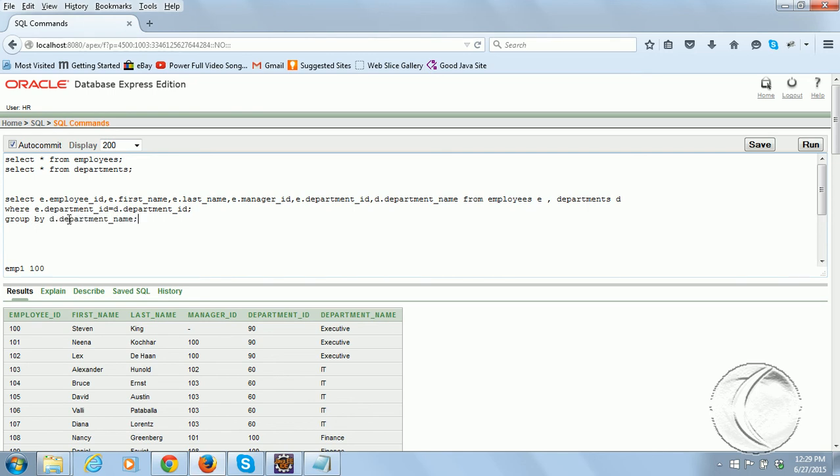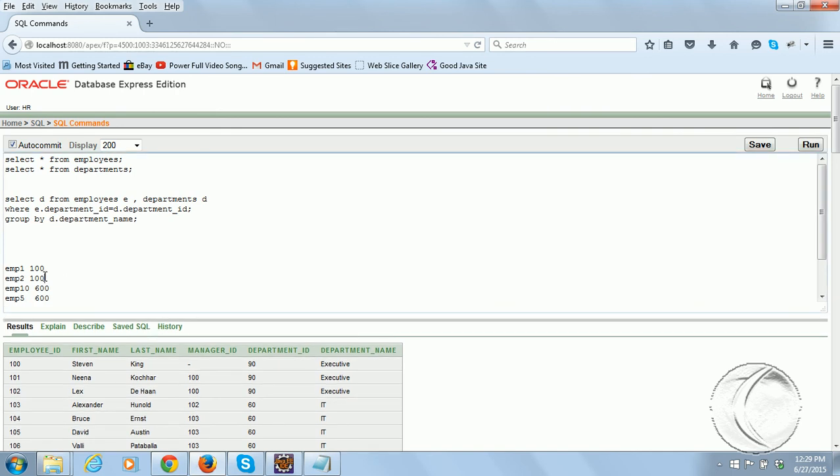I'm removing all this. You have to say group by. Then what will happen? All the employees belonging to department 100 will be treated as one group. All the employees belonging to department 600 are treated as one group. This is the result of this group by. Now, whatever you have used in the group by, specify in the select, and you can use aggregate functions,